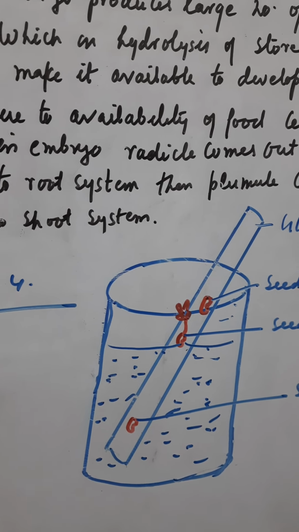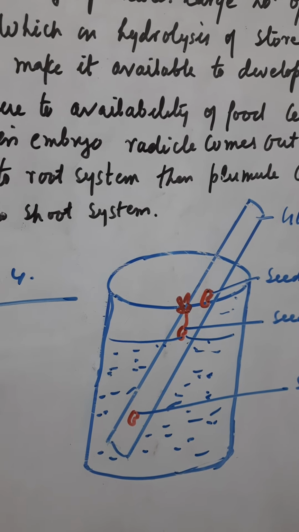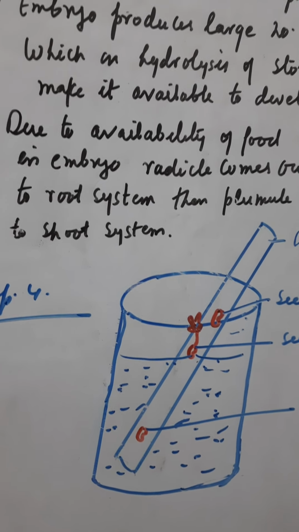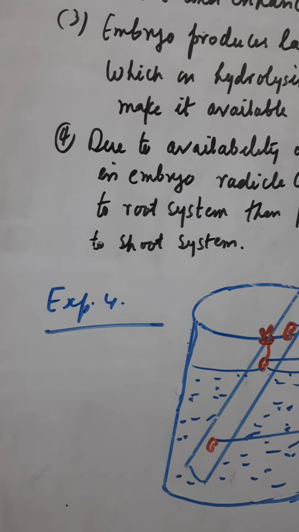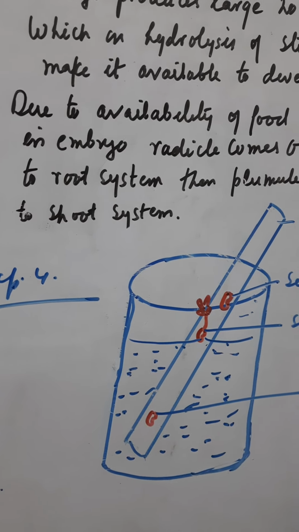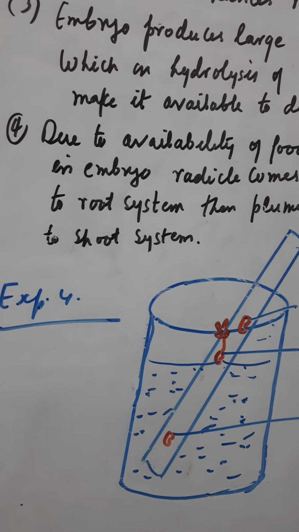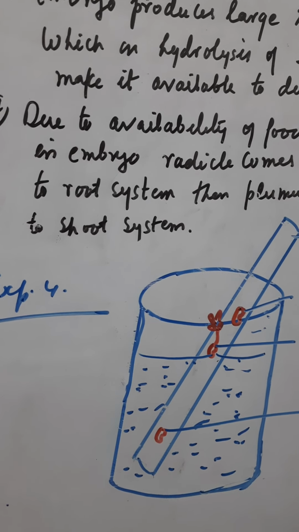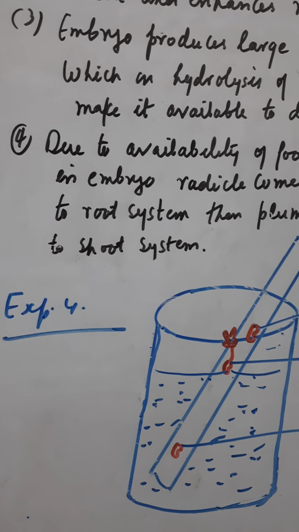Then after that, in petri dish A, the cotton wool or blotting paper at the bottom should be moist, and the seeds placed on the moistened cotton wool should be soaked in water overnight. Means you have to introduce soaked seeds in the petri dish. That is A. And in petri dish B, seeds are soaked in water but are placed on cotton wool or blotting paper which is not moistened. Here the cotton wool or blotting paper is not moistened.